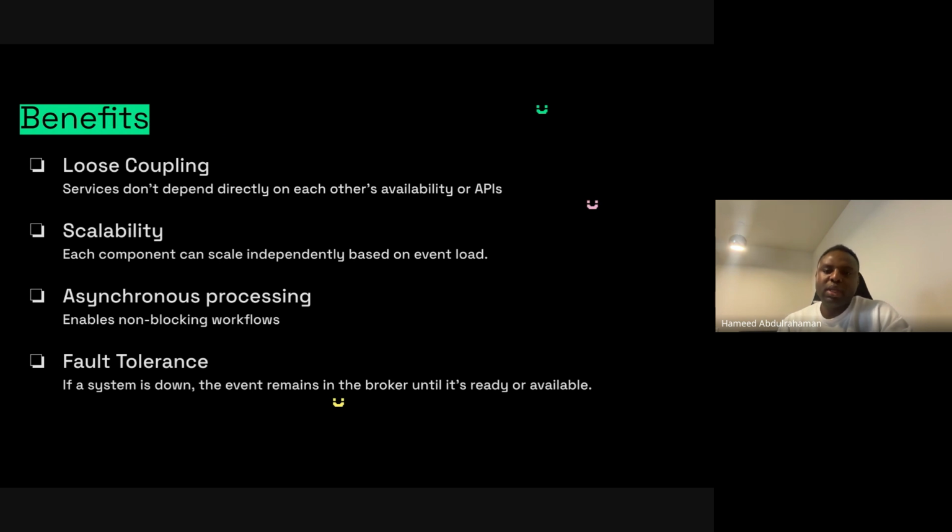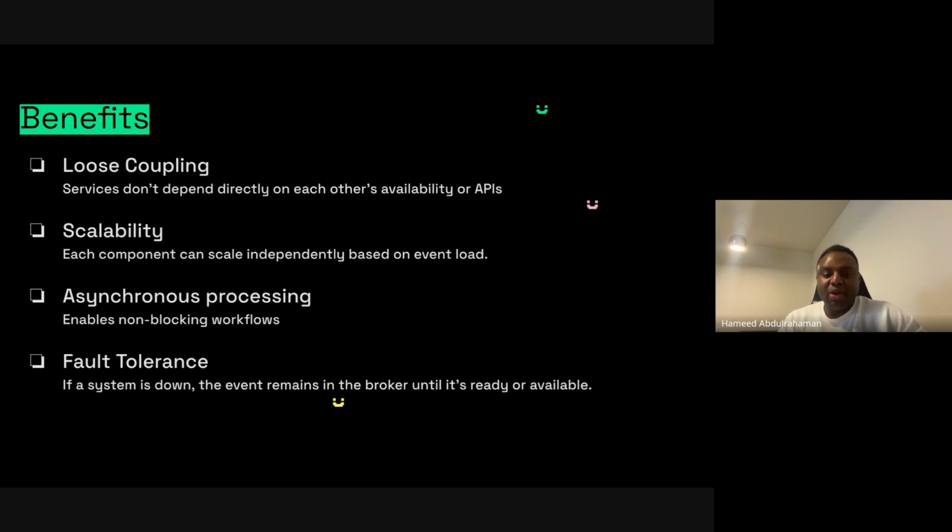So if you want to scale these kinds of services, you have more scale on the read aspect because this is being used more. So, you have more computing there compared to having more computing on the write, because writing of a post might not be as popular compared to reading of the post itself. So it's important to understand the scalability and how it benefits microservices which are event driven.